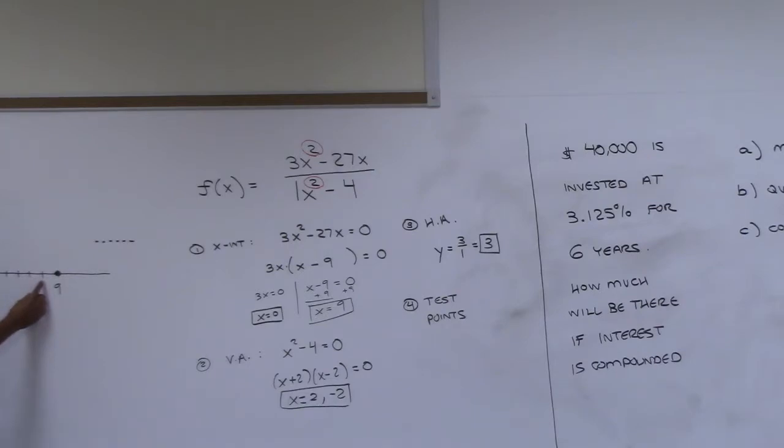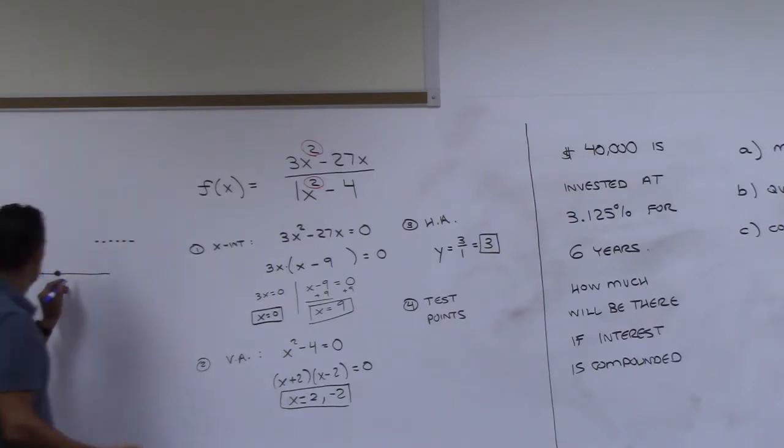There's nothing wrong with using 8, but we actually don't need it. The reason we don't need it is because we have a vertical here, right? And we have an x-intercept here. We only needed 1 between the two. And I think you had said 3, right? So 8 would be another one between the two. It would just give us more information, but it's not necessary. We do need 1 more though, but not here. We need it on the other side. So maybe like 10 or 11? Yeah?